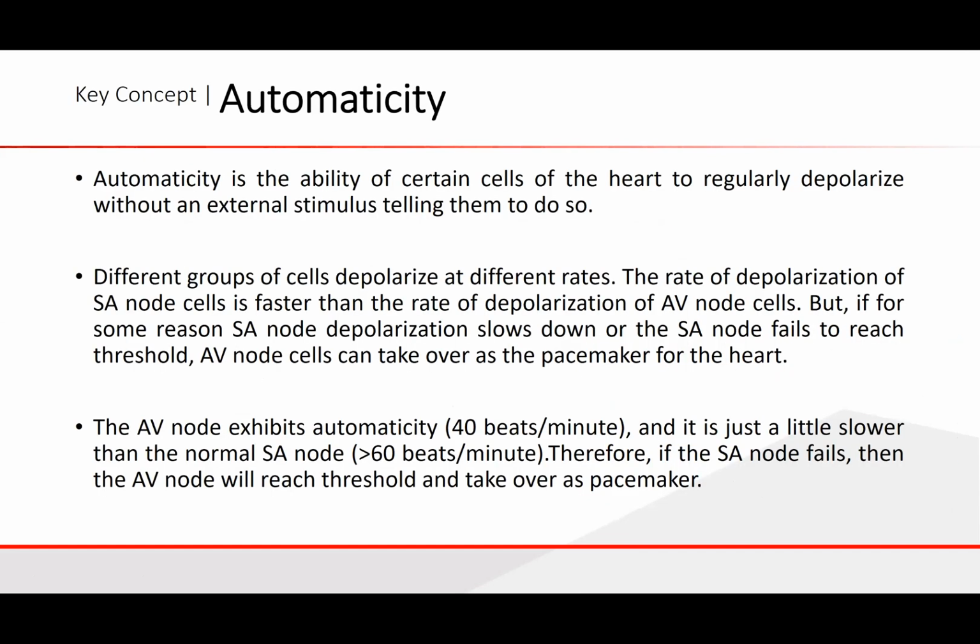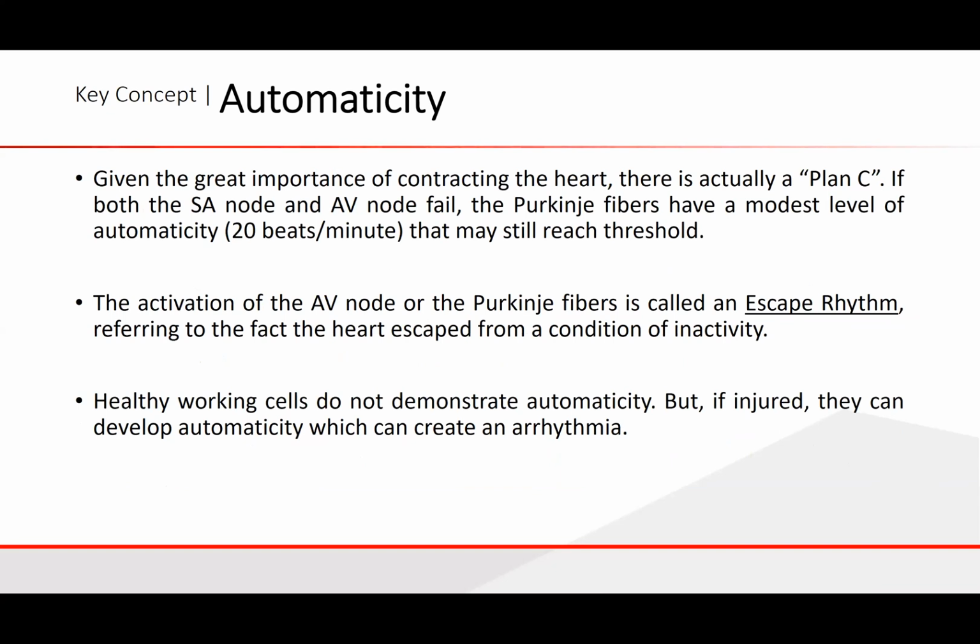Okay, so we talked about automaticity and how the different cells have inherent heart rates, from the normal SA node, backed up with a slower backup rate by the AV node, and finally the last escape rhythm, as we call it, from the Purkinje fibers with a rate between 20 and 40. And this is an important protective mechanism inherent in our hearts. Healthy working cells do not demonstrate